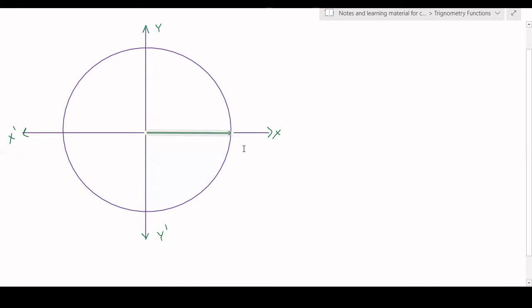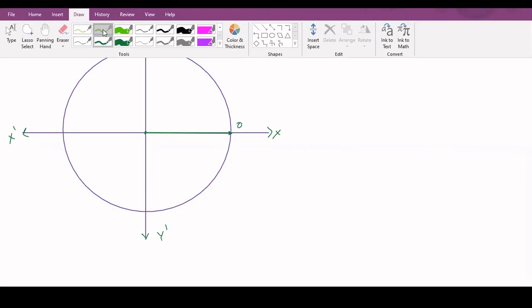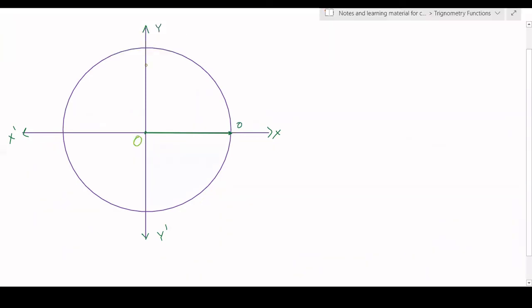So here I have this green ray in this unit circle, which is on the initial position and coinciding with the final position, making 0 radians. This is my origin O, which is the center of the circle, and it's the intersecting point of the axes called the origin. And this is the ray we are talking about, making 0 radians as it keeps moving on to some